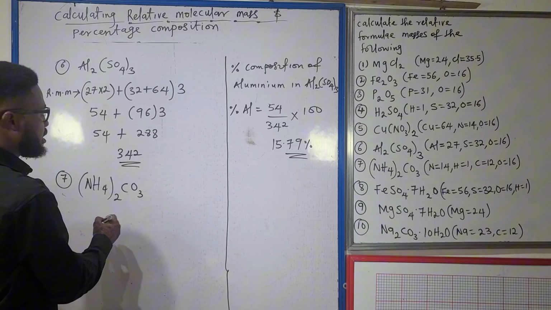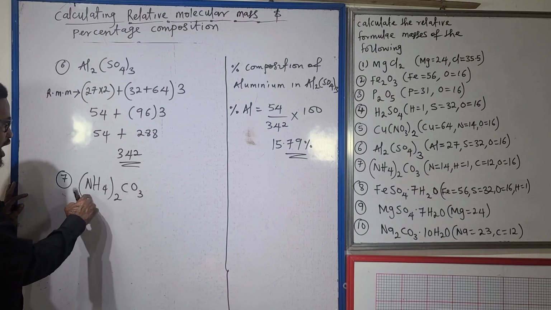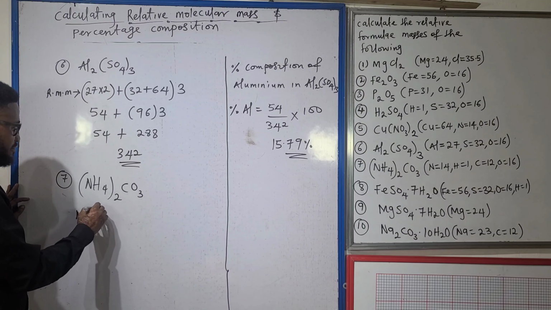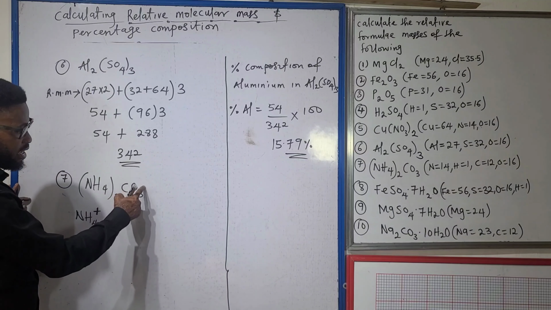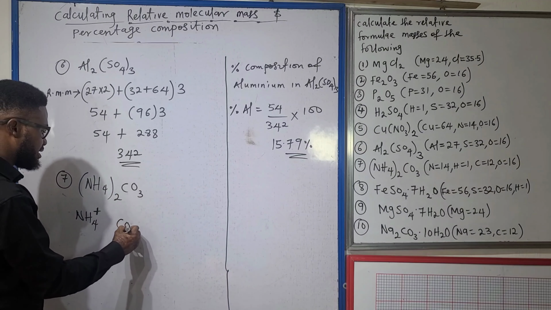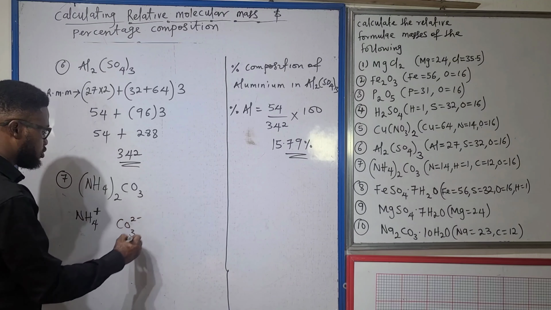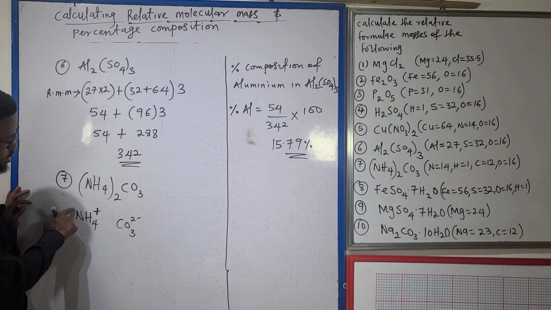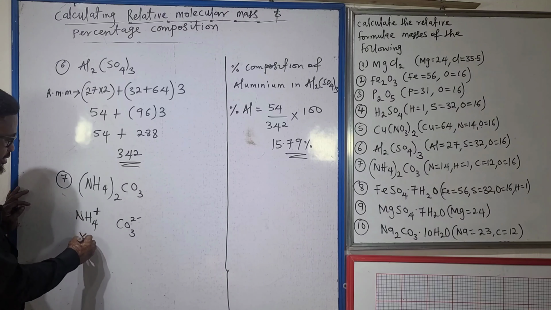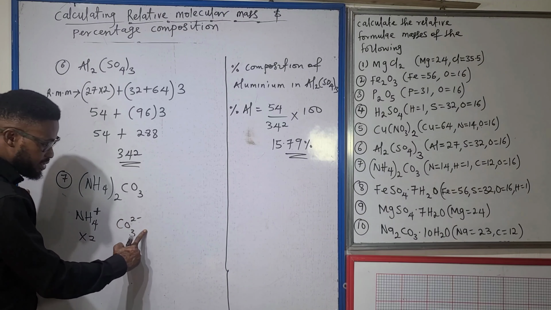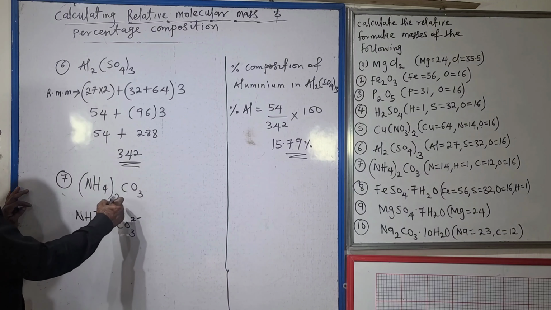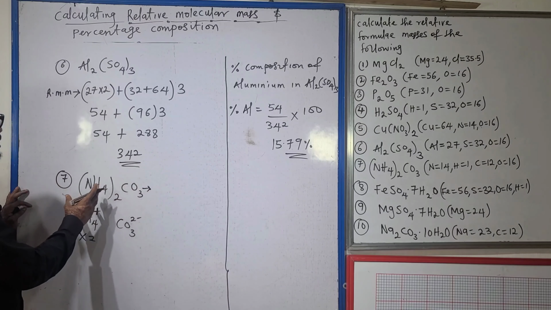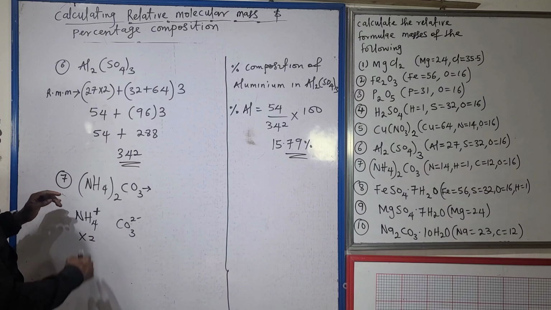Thiazocarbonate. You recall that ammonium in itself is univalent, having a charge of +1, and thiazocarbonate 4 is divalent, having a charge of -2. So you can see the positive charge must balance the negative charge. That is why we need this twice, so that it balances the negative charge of thiazocarbonate. That is the reason why the formula is like this. So looking at calculating the relative molecular mass of this here,